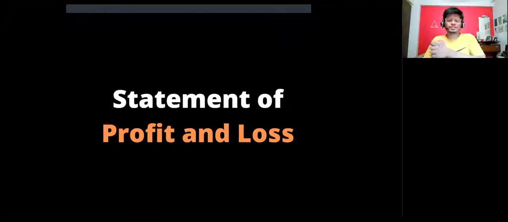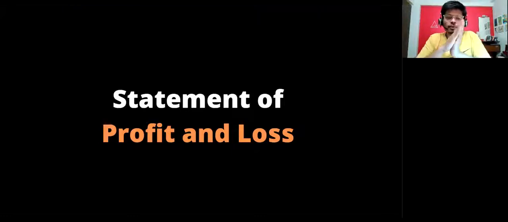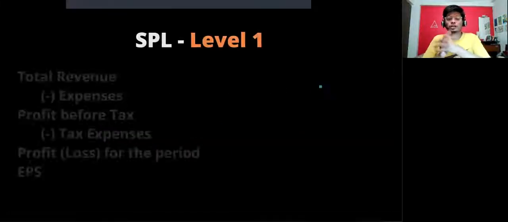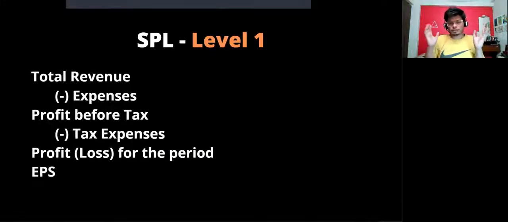Okay, so let's get started with the profit and loss account. It's much simpler than a balance sheet, so don't really worry. But we are going to follow the same pattern that we did and break them down into smaller parts, and then build up on specific items. Let's go. So first level of profit and loss account, I've shortened the statement of profit and loss account into